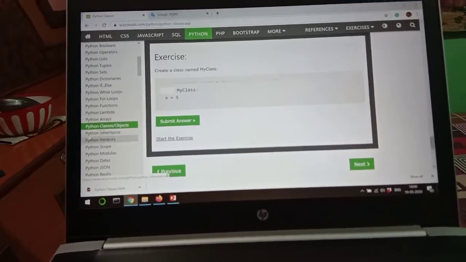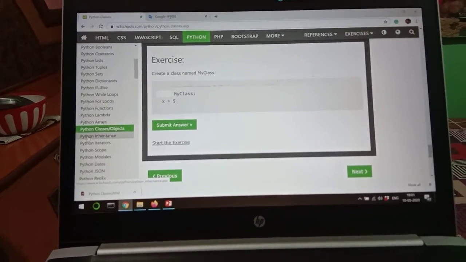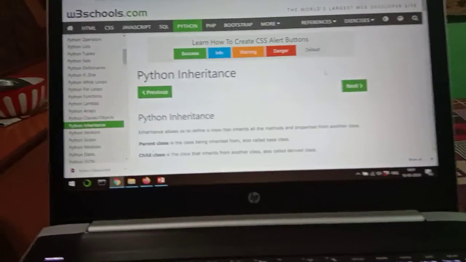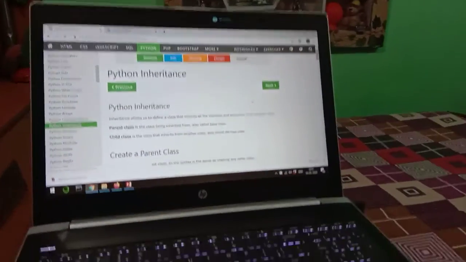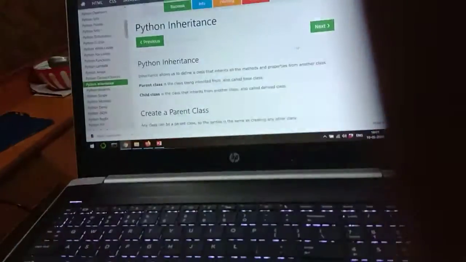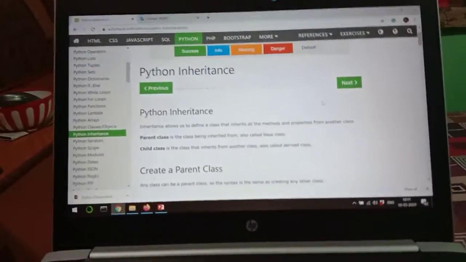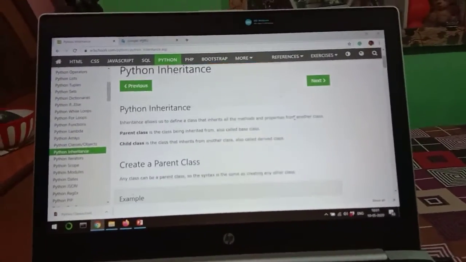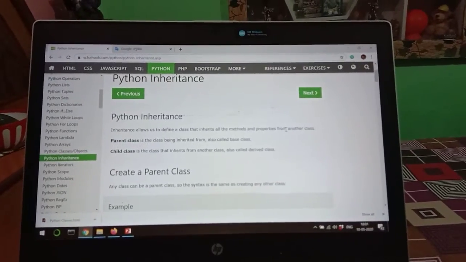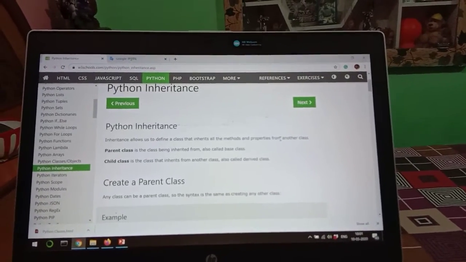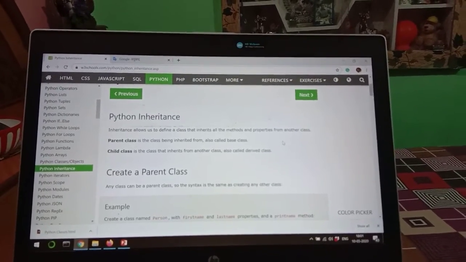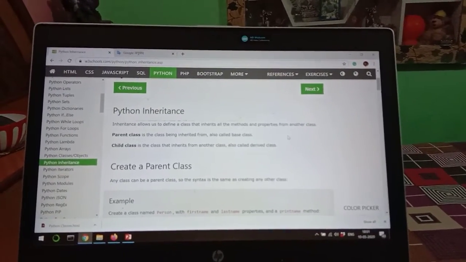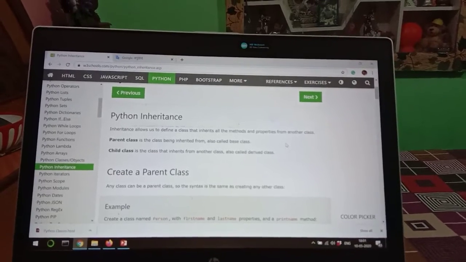Further, we will see the Python inheritance property. Python inheritance allows us to define a class that inherits all the methods and properties from another class. There will be two kinds of class: one is the parent class and the second one is the child class. The parent class is the class being inherited from, also called the base class.